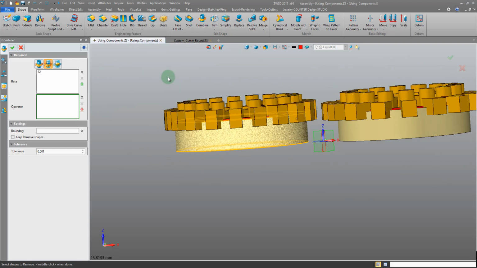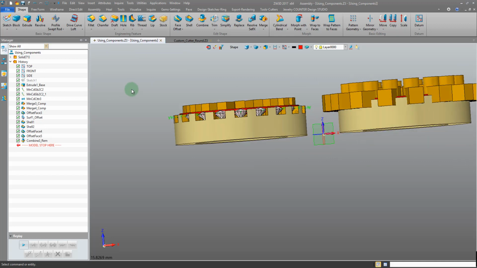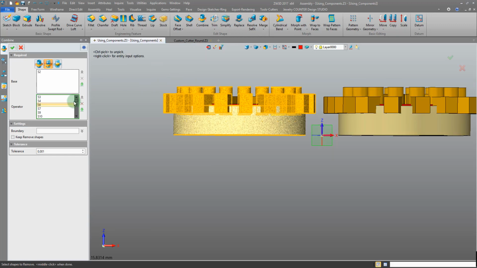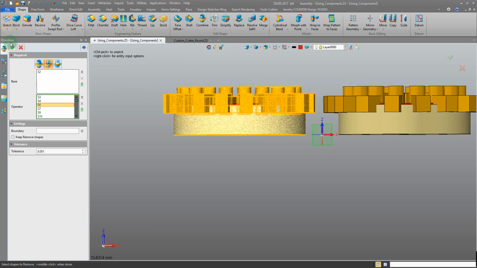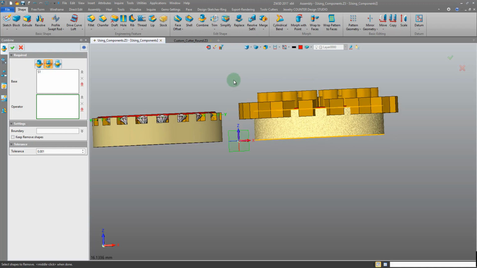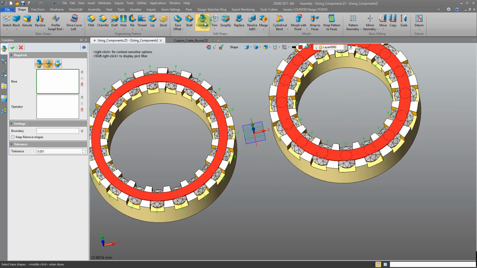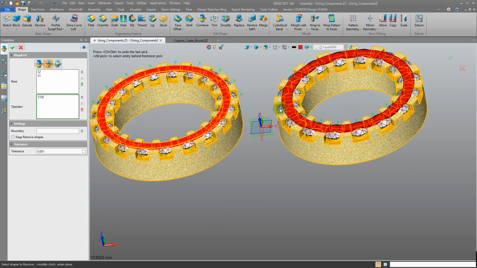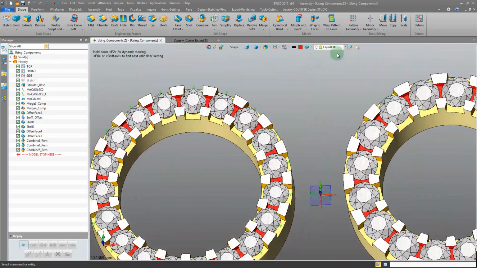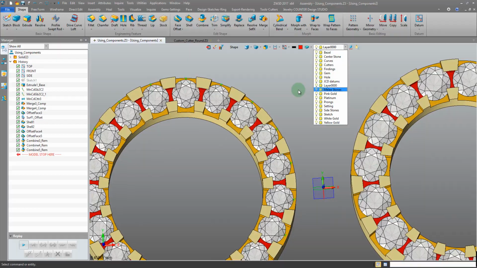Window pick these shapes. Okay, I didn't pick them all. Let's redefine. There we go. This side as well. And then our center bars. Alright, and there you can see we have our custom cutters removing the material we want, and they have been